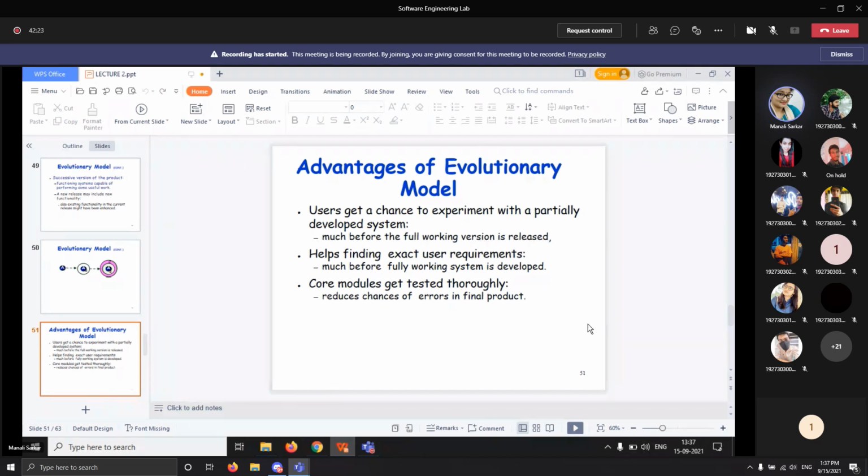So what are the advantages of using the evolutionary model? This model of development has several advantages. In this model, the user gets a chance to experiment with a partially developed software of the system that is released. Next, the evolutionary model helps to accurately